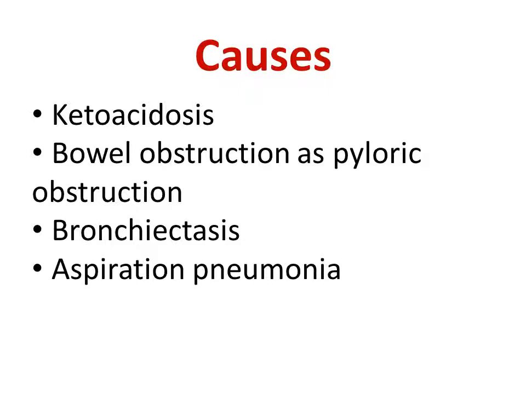Bronchiectasis is a disease affecting the bases of the lung. There is dilatation of the bronchi with infection and the presence of sputum, which is usually in the form of pus. And so the patient has expectoration with pus and very bad odor of the mouth. Aspiration pneumonia can also cause bad odor of the mouth, and this commonly occurs in old patients with regurgitation and